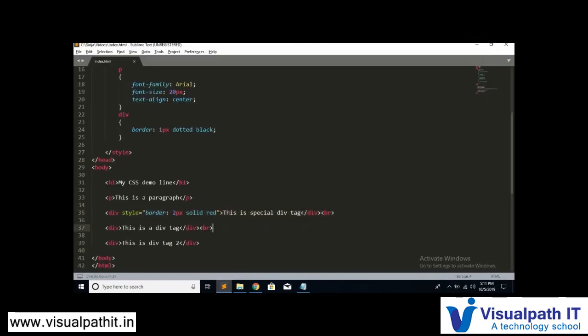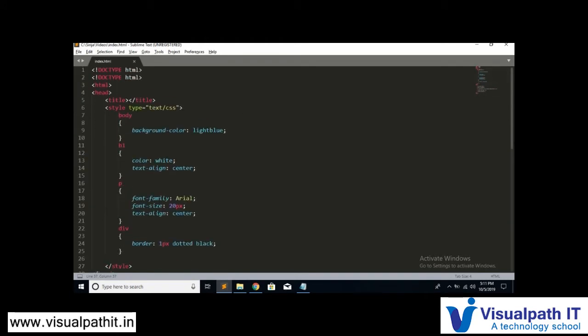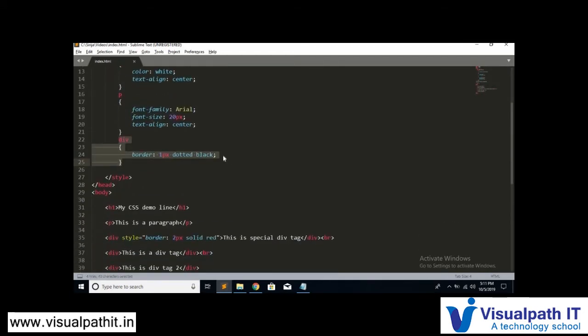What is happening here is, when we run the file, it always starts executing from the top. So from the top, all the div tags will be in this format. Then it came to the h1 tag, then the p tag, then it will even come to this div tag. When it came to this div tag, it saw the style attribute. So it came to know that some other styling is given here, and it will change it here.